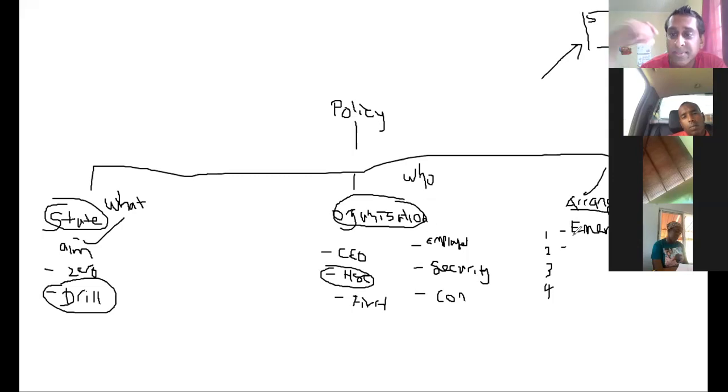You just have to say the word procedure in front of it, right? So if you want, I could give you another one, maybe just to get the creative juices going. A procedure for coming to work on time, right? So when the question is what are the arrangements in the policy, you just want to come up with eight procedures. So a procedure for coming to work on time.